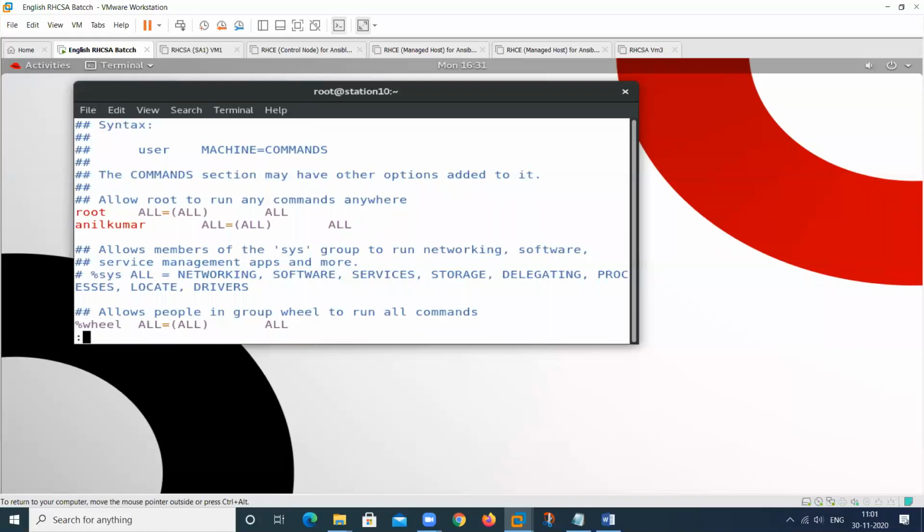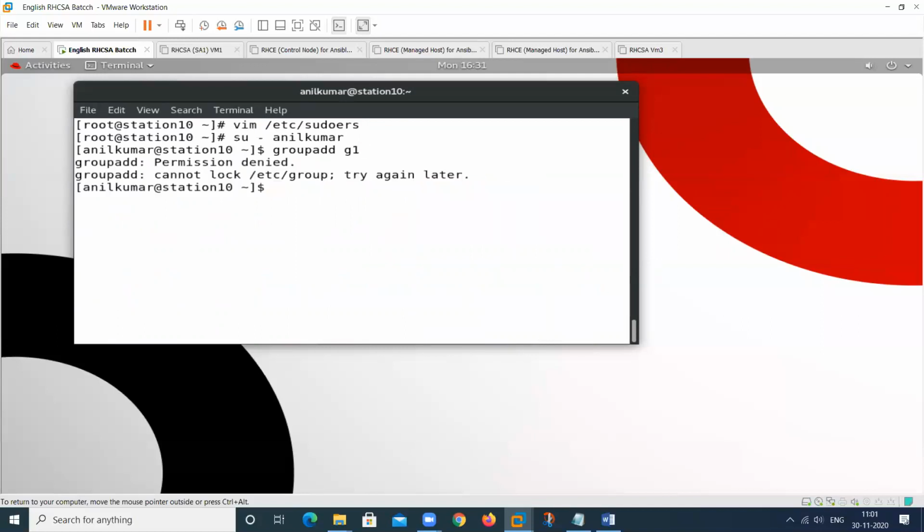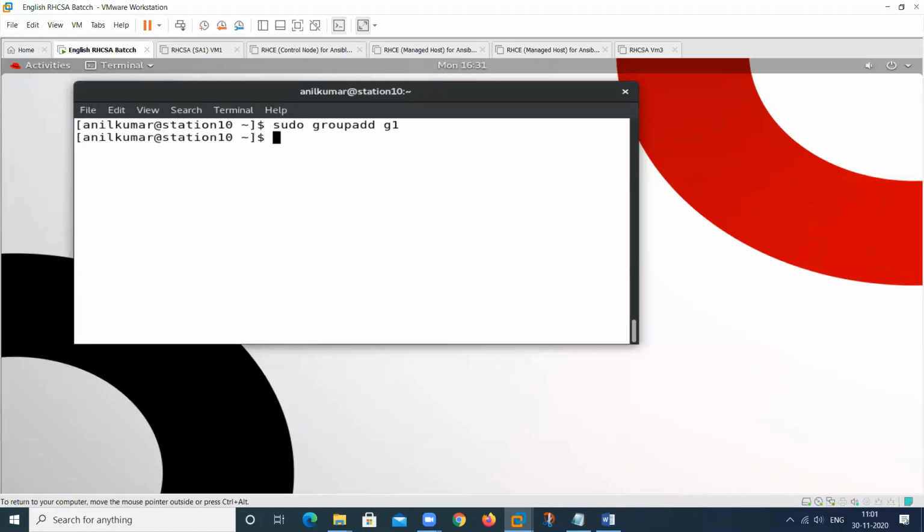Suppose I will tell you one more thing. See here, this user is performing this particular administrative command. If I use this one, this group will be created, because it can perform all administrative commands.